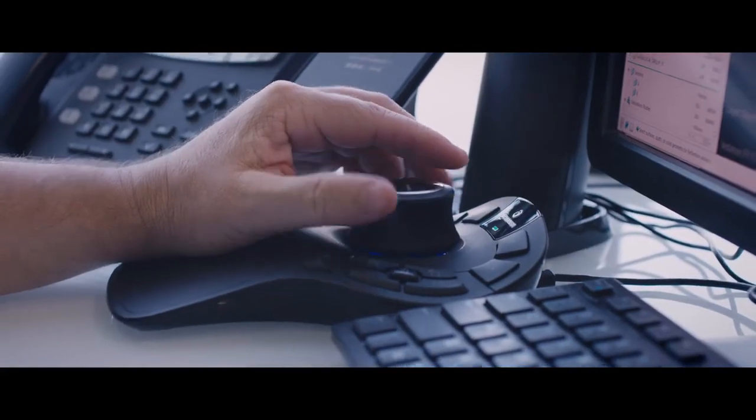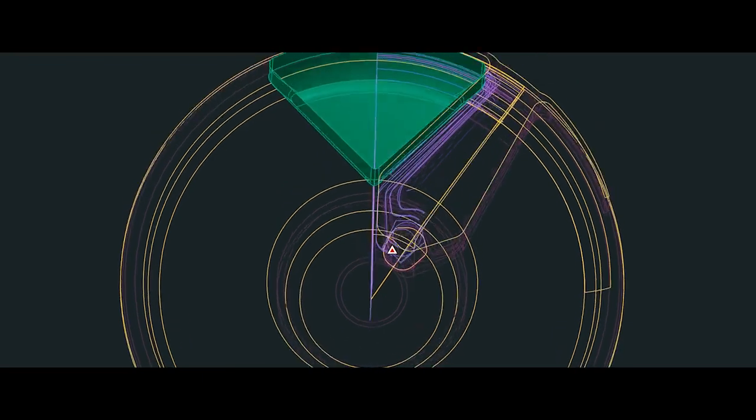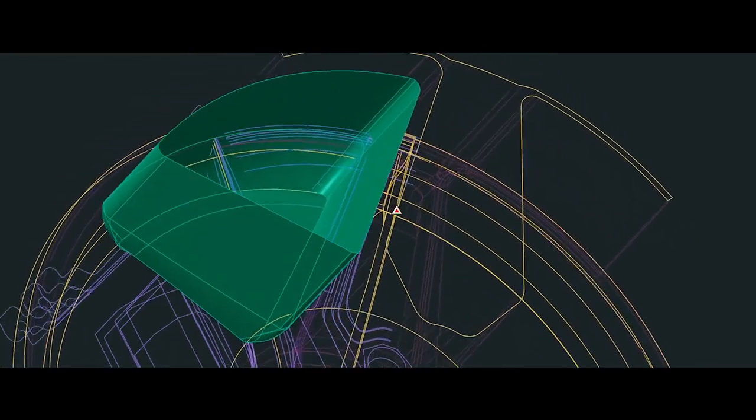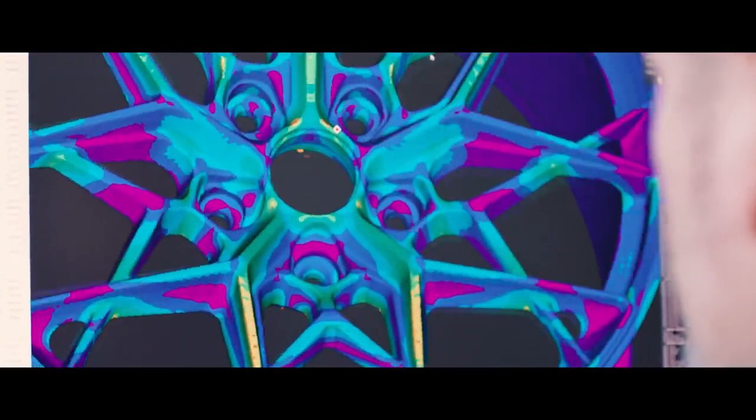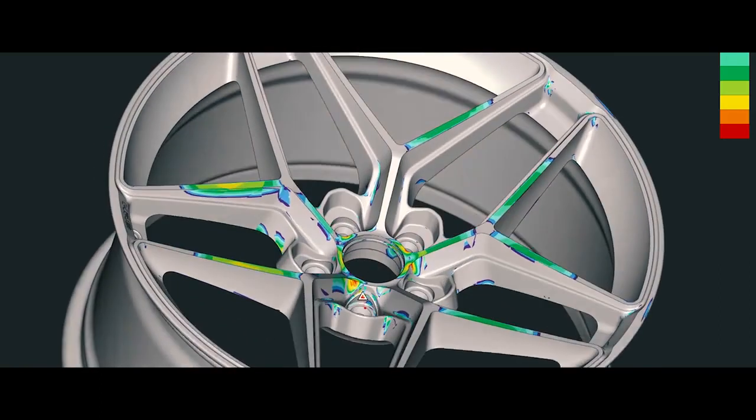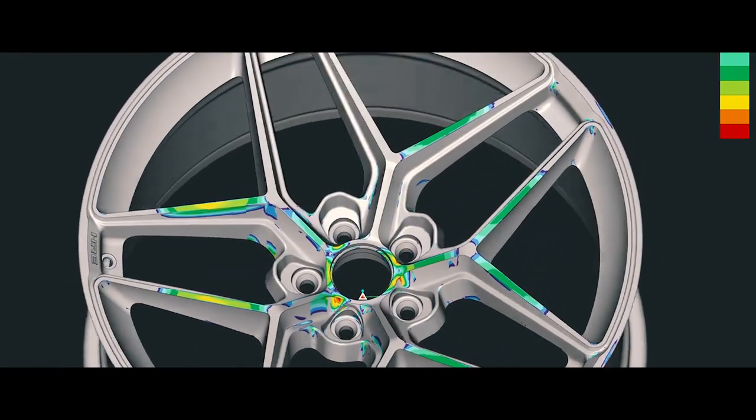The designs are then 3D modeled and refined on the computer. The 3D modeler adjusts the design further depending on the engineering requirements of the target vehicle and applications, balancing style and strength. We check the strength of the design using FEA, finite element analysis, which simulates the stresses in a